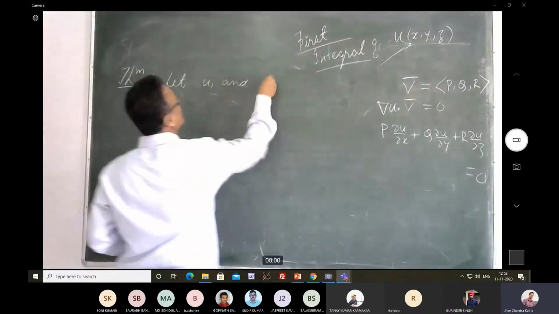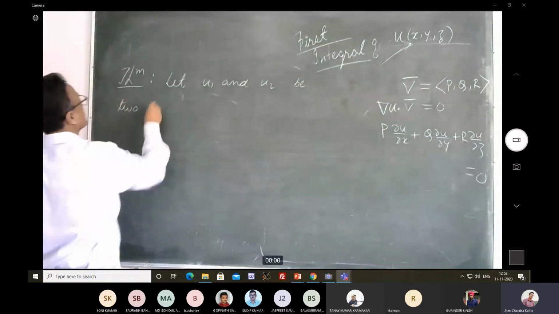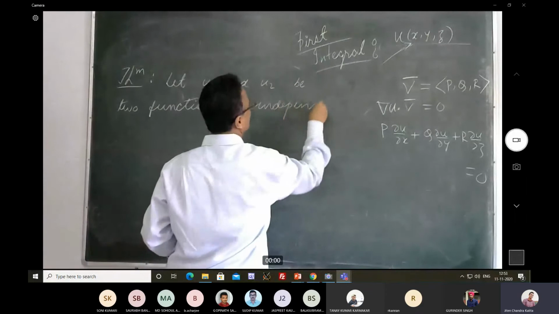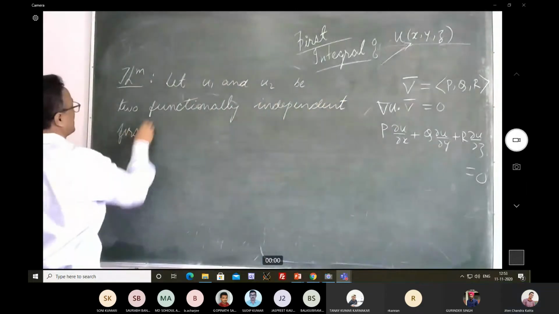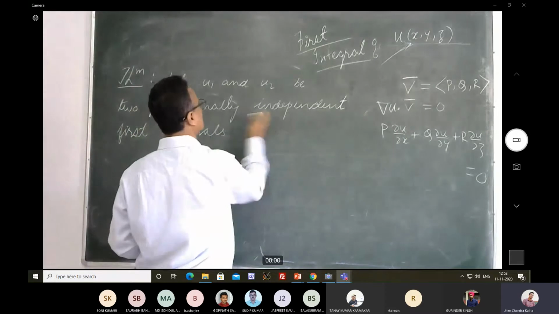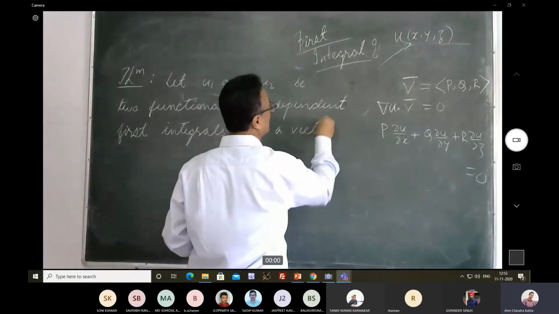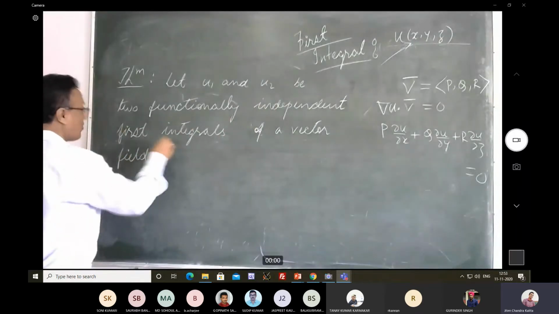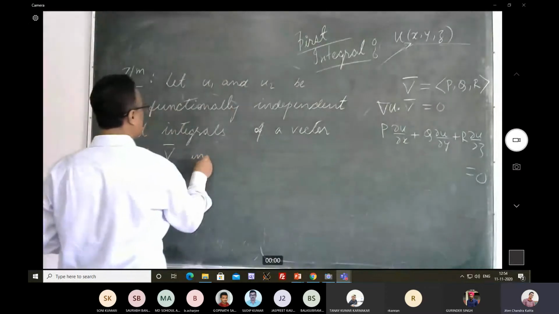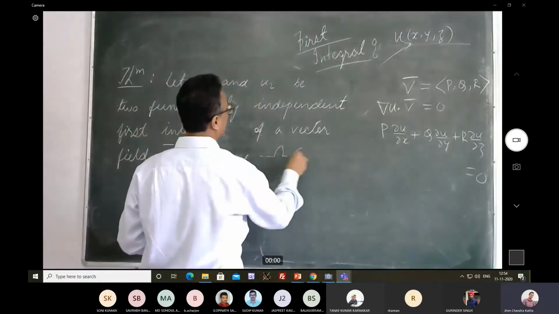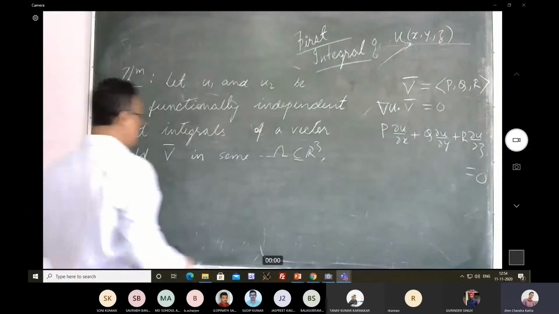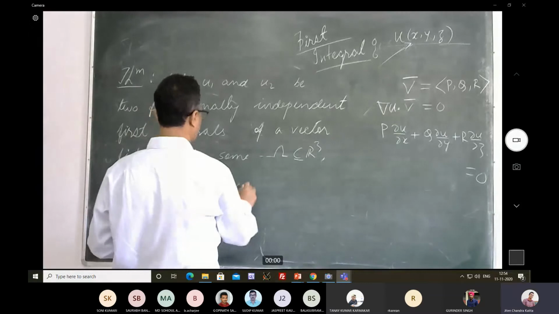Let u1 and u2 be two functionally independent first integrals of a vector field V, defined in some omega in R3. Then the surfaces